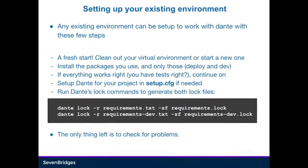Clean out your virtual environment, or just start a new one, whichever is simpler for you. You install the packages that you use, which will be in a requirements file. You can install the development ones as well, since Dante can just tell you which ones are used where. Okay? So, if everything works right with those installed versions you have now, if you have tests, of course, you